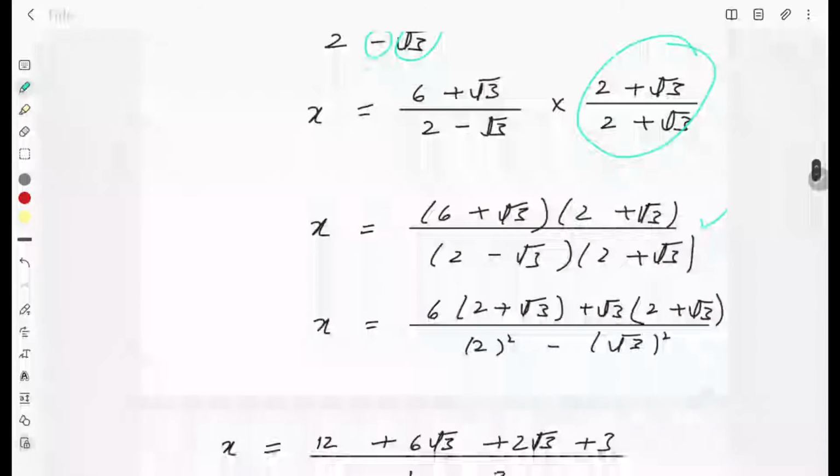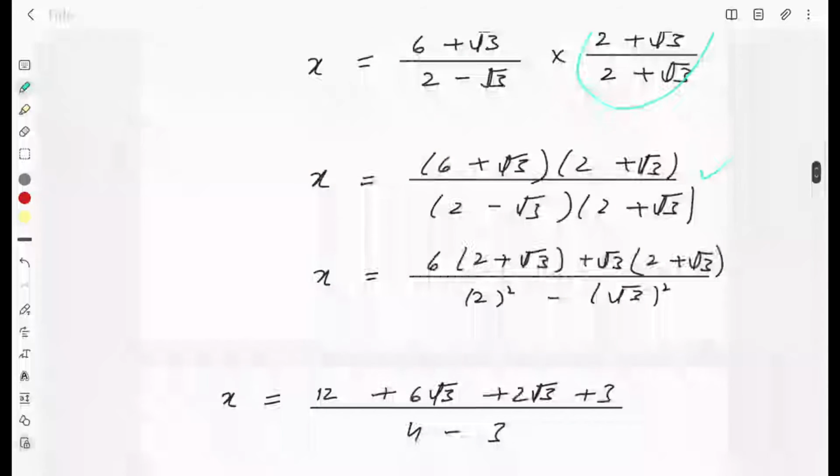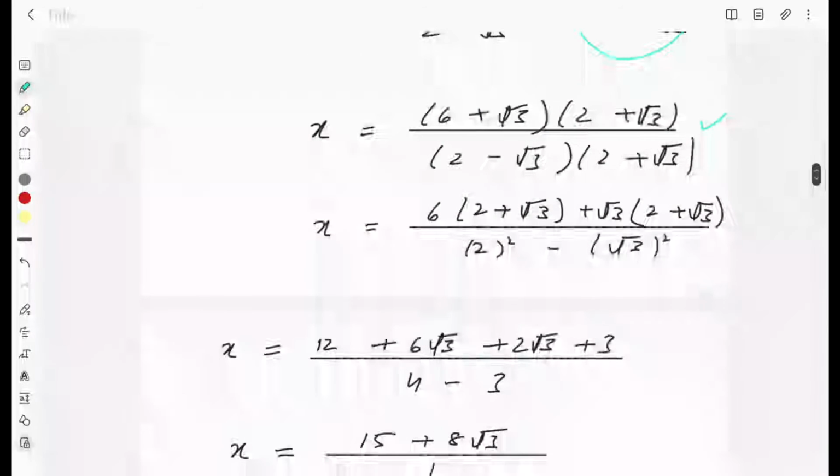You will open the bracket. In the numerator you will go for long multiplication, while in the denominator you can apply the formula a minus b into a plus b, which is a square minus b square. On simplification you will get this,